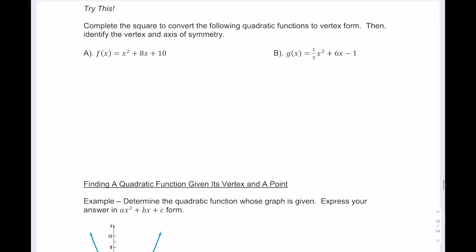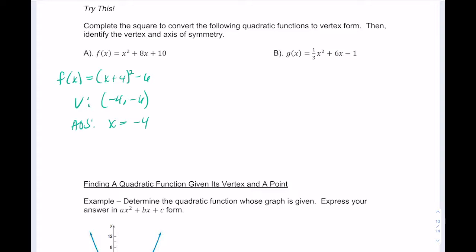Okay. We did A in class. You should have gotten this for your answer. And the vertex then would be -4, -6. The axis of symmetry is x equals -4. And then for my